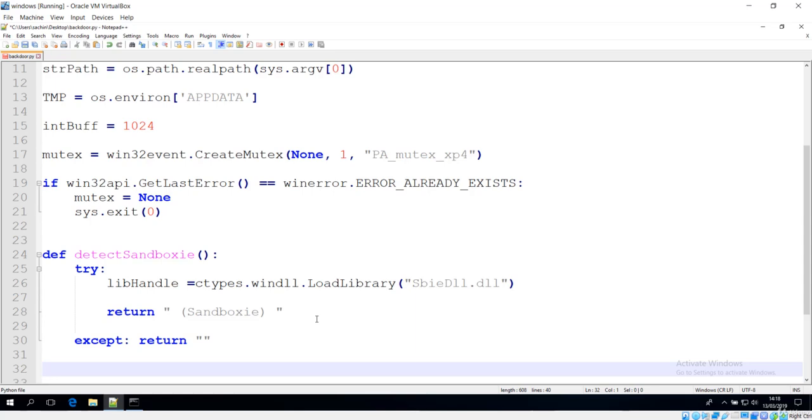So we have defined this Sandboxie, and just remember this is the only application where we are going to run our backdoor. So next is to detect the virtual machine.